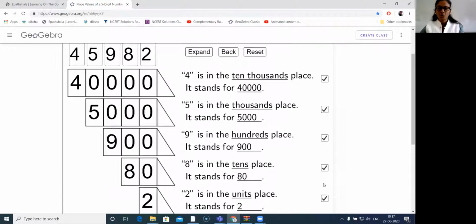Now we will move on to the 6 and 7-digit numbers in their expanded forms, and we should also be able to read the numbers given to us using both the place value system, that is the Indian place value as well as the Western place value system. So now I'll stop my share because I've just tried to recall what we did in the previous class.